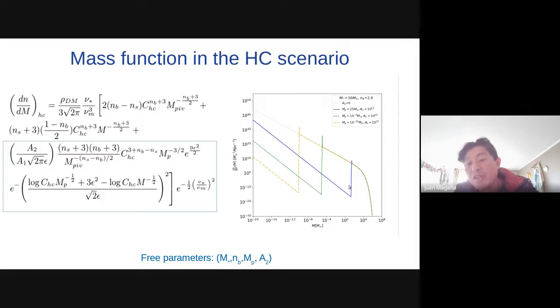The peak is very close to the characteristic mass m star, and in this case we can observe a kind of log normal function, or monochromatic function, but on the left side we have an extended mass distribution. This is very interesting because it's a combination of an extended distribution with a monochromatic distribution,